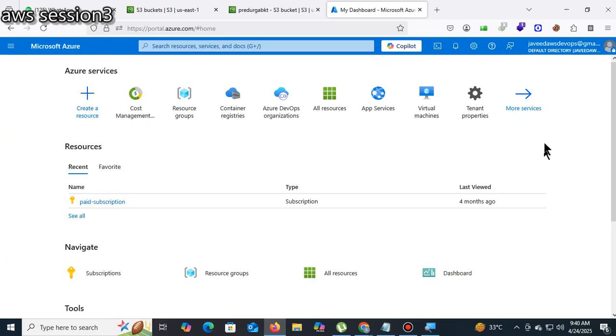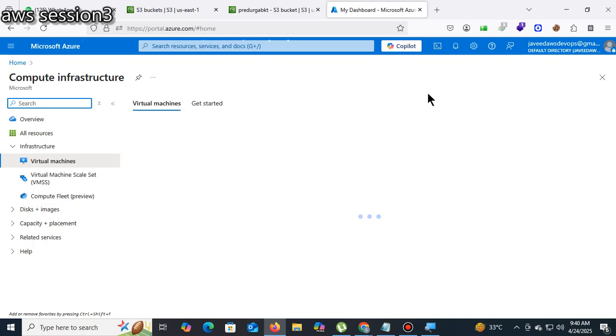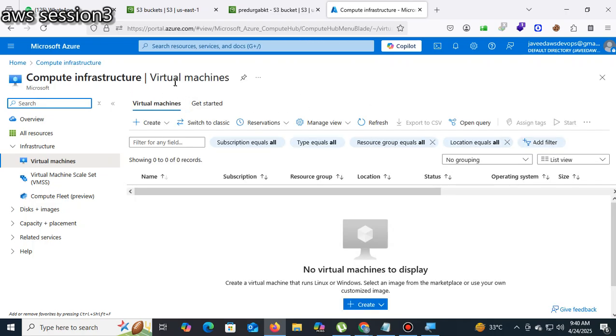This is the Azure portal. Here we can create virtual machines. It is a little bit slow. Like EC2, this is a virtual machine. The options are there.